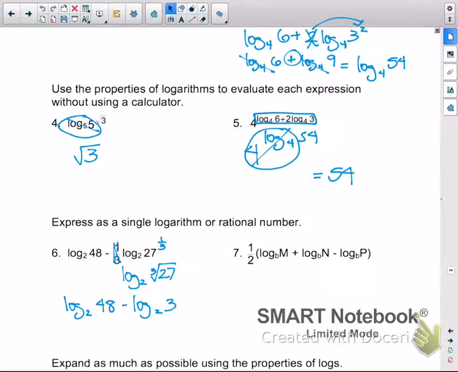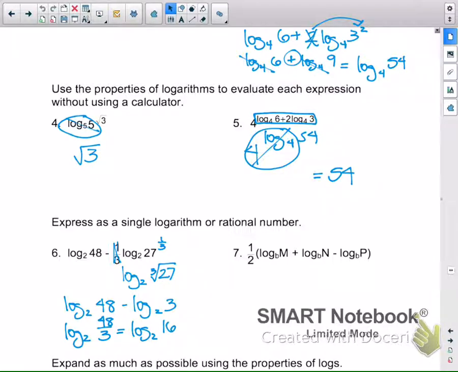All right, so I've got it down to that. You do not take the negative with the 1/3, please. The negative is a minus sign. It's in between the two logs. That's what tells us that now we can condense this to one log, and what do we do? Divide. This means we're going to divide 48 by 3, which is going to give me log base 2 of